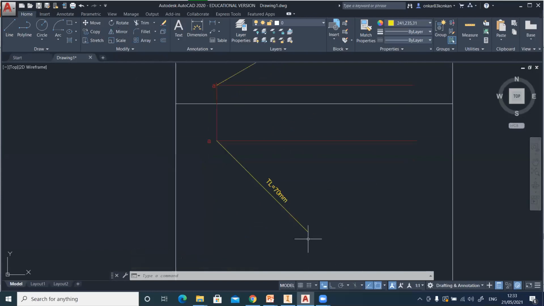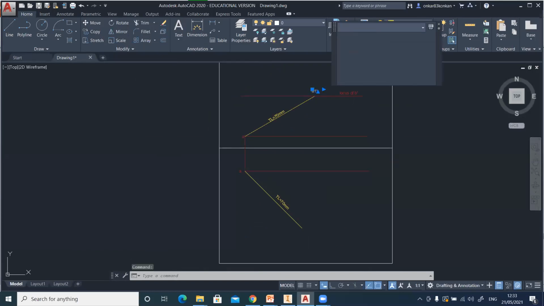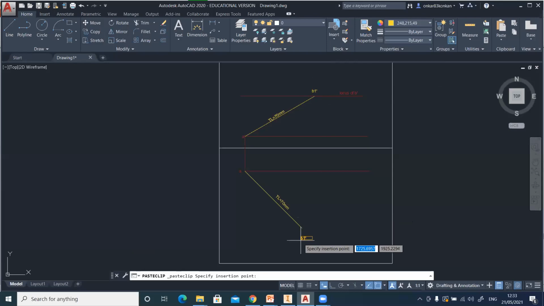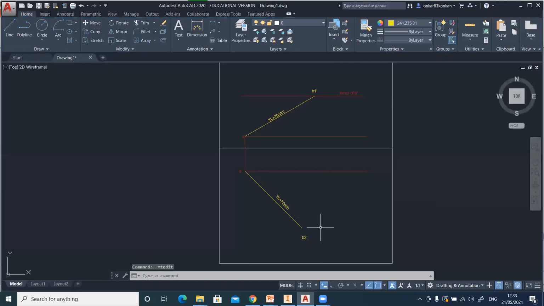So now from this point, that is the end point, so this point will be B2. From point B2, draw one horizontal line.